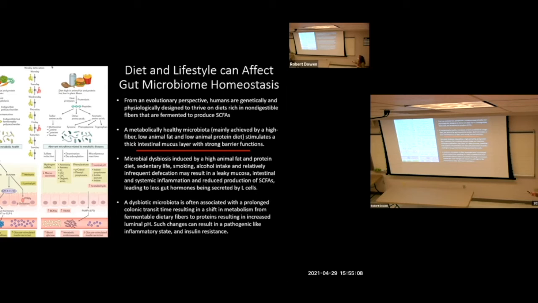So if you look over here on the left, if you are eating a diet that's high in fiber, low in animal fat, and low in animal protein, that stimulates this thick mucosal layer. You have a strong barrier in your gut. You have lots of short chain fatty acids being made, and systemically